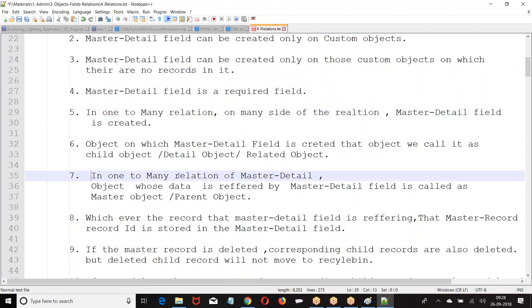In one to many relation of master detail, the object whose data is referred by the master detail field, whichever object data the master detail field is referring, that object is called the master object or parent object.